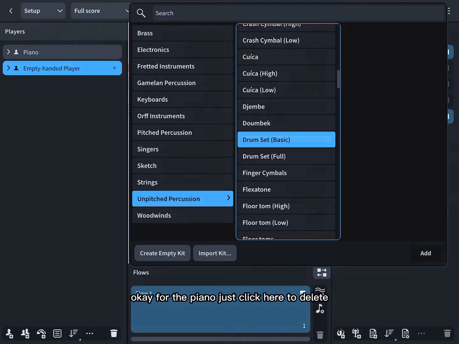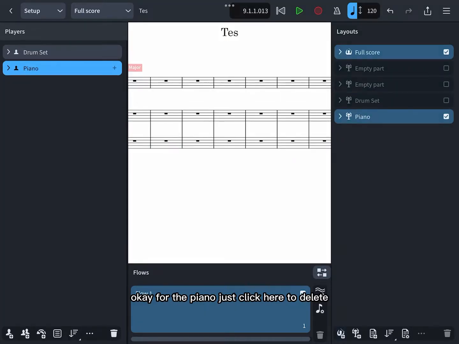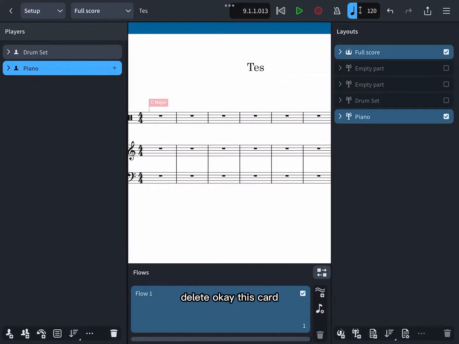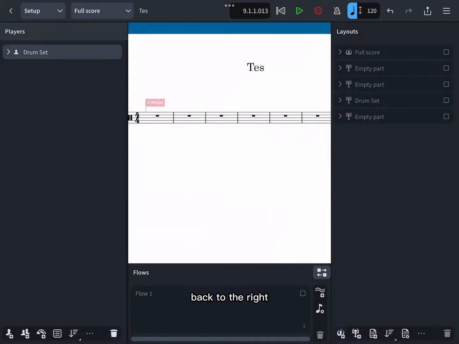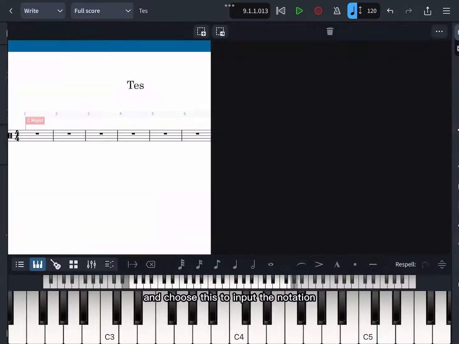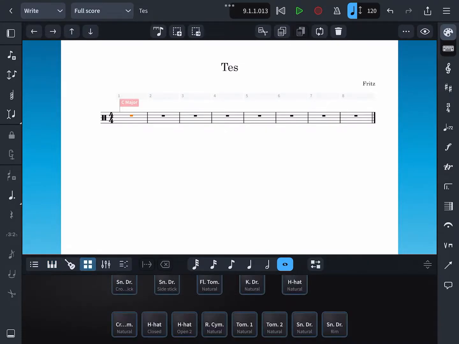Okay, for the piano, just click here to delete. Okay, discard, back to the right and choose this to input the notation and click here,